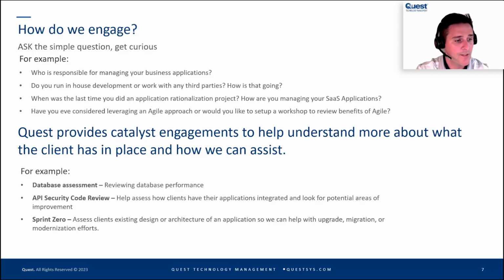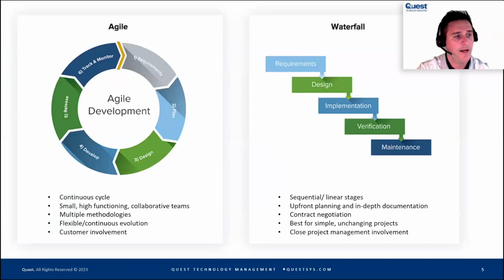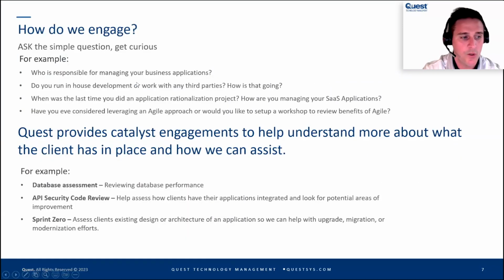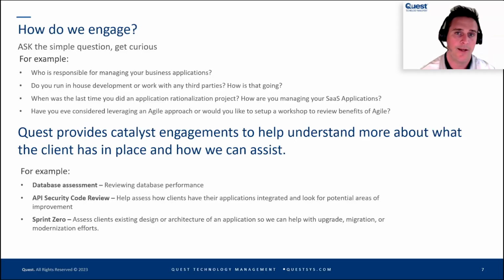The last one is a sprint zero. When we're working together with folks, we've talked a little bit about Agile methodology earlier. You're going through all these different sprints, all these different sessions when you're going through the process. A sprint zero is really helping an organization assess and evaluate what they have in place today and document where they want to go, and give them an initial outline as far as the level of effort that's going to take for those initial phases, right?